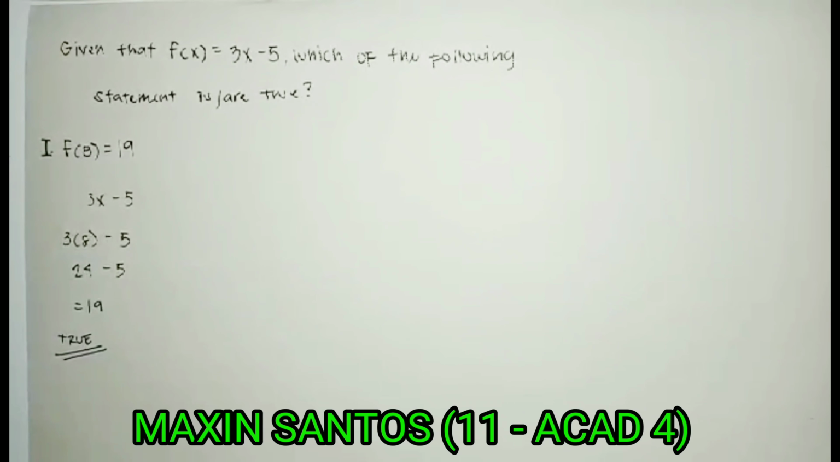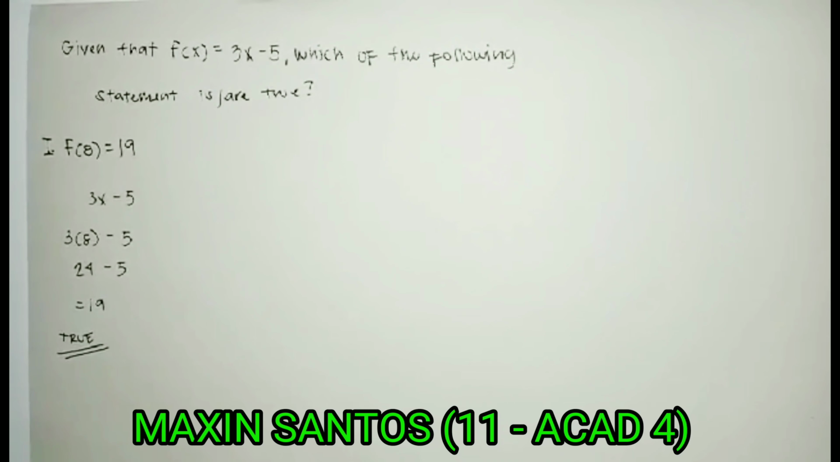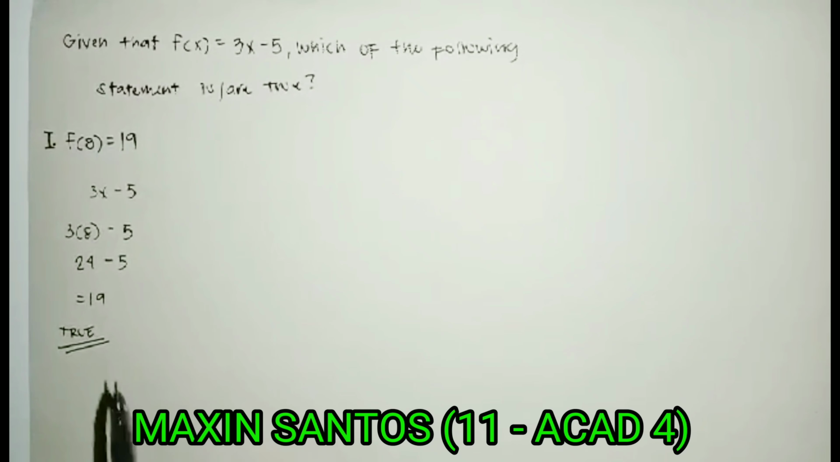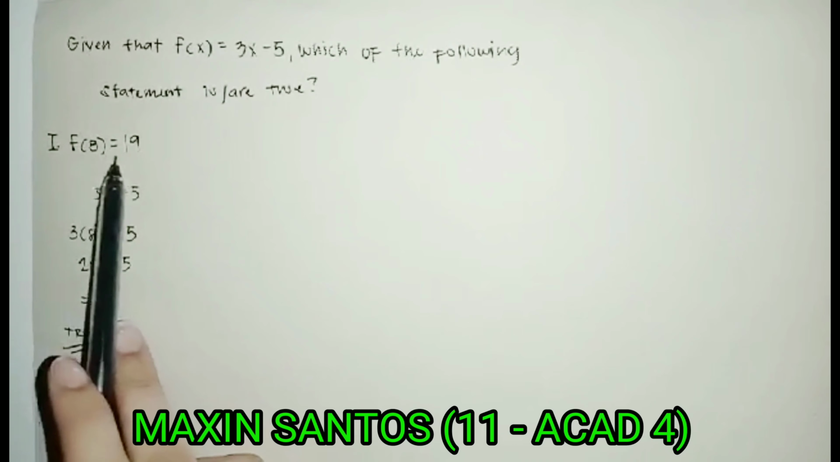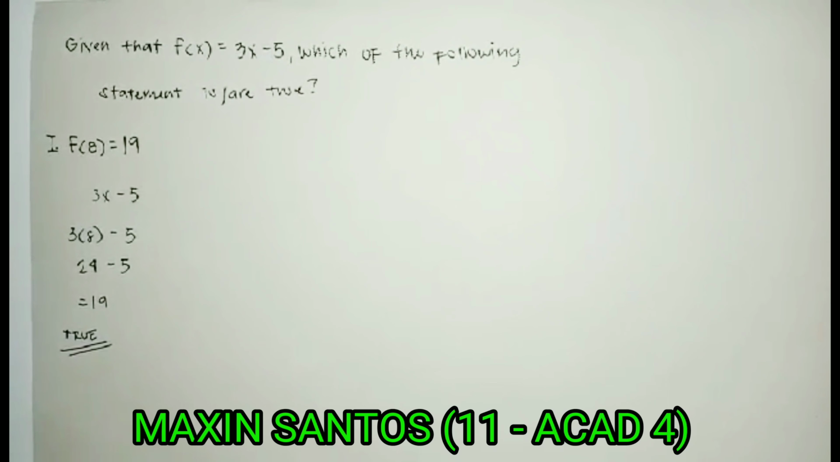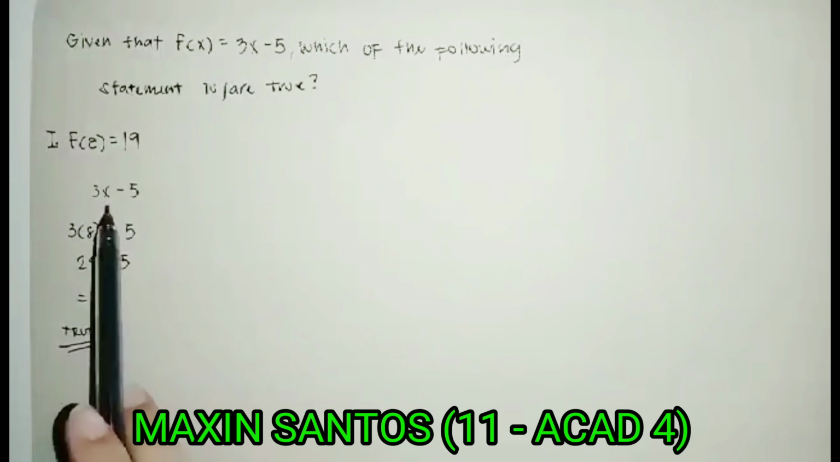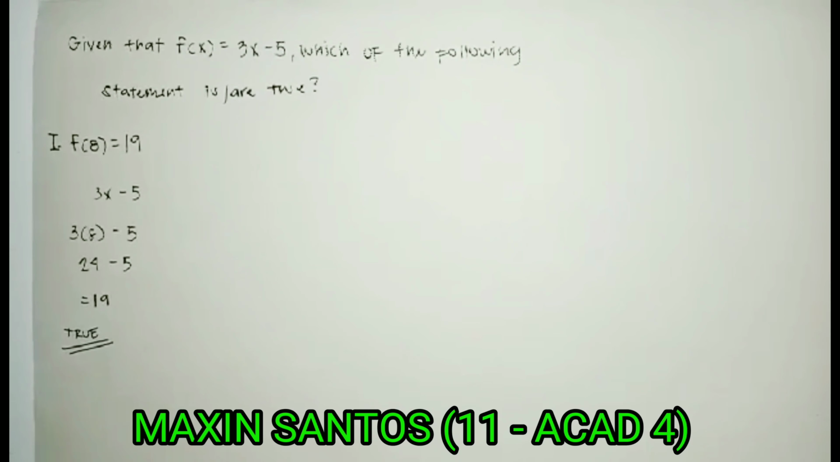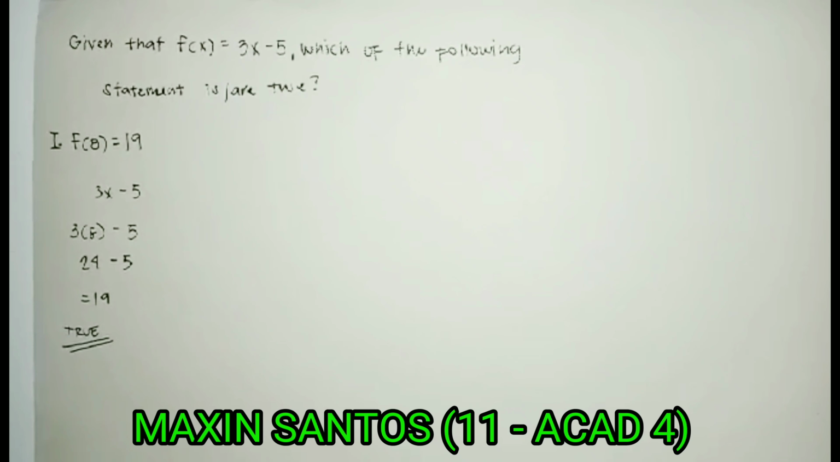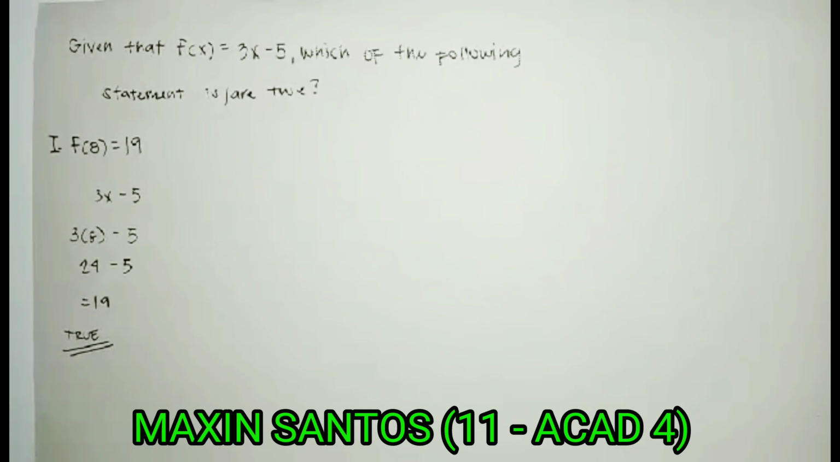Given that f of x is equals to 3x minus 5, which of the following statements is or are true? Our first statement is f of 8 is equals to 19. The first step, you need to copy the given expression, which is 3x minus 5, and then after that you will substitute the x, which is 8. The third step is you will multiply the first term, which is 3 and 8,